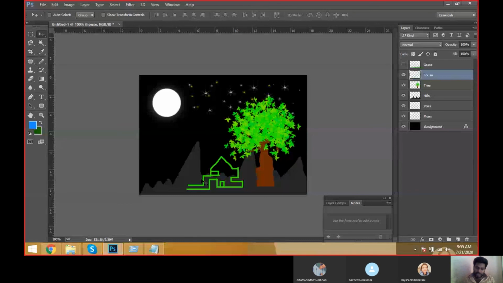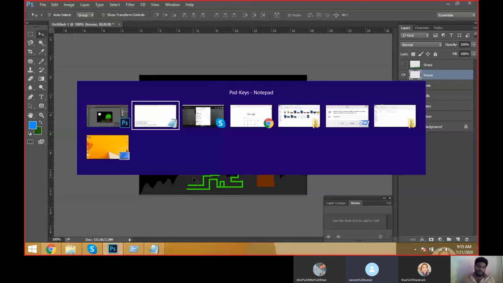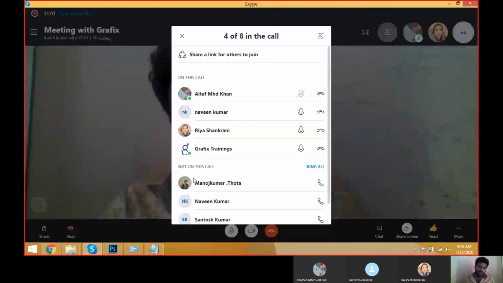This object, do we have any selection? No. That's what I'm asking. There is no selection. Without having a selection, how can we fill the color?